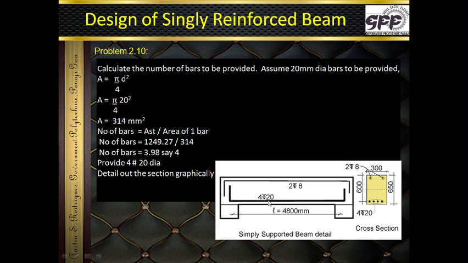TOR, that is high yield strength bars. So similarly over here 2 TOR 8. The width has been shown, the effective depth has been shown, the overall depth has been shown. So that's the way we depict the beam in the sketch. As mentioned earlier, the stirrups are not shown over here. When we will be taking up the design for shear, at that time the stirrups also will be shown, and at that time the design of the beam will be complete. So that's how we design a singly reinforced beam.